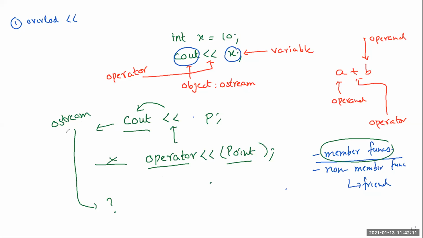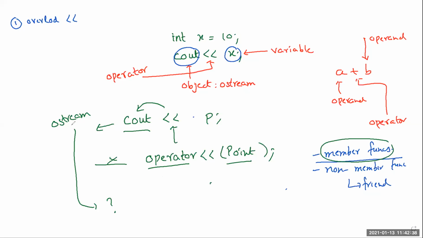When you install the compiler, you get it with the C++ distribution. So you see, it does not make much sense to allow everyone to change the standard classes. It means if someone makes a function in this class, then everyone can add whatever they want to existing classes. So there will be no standard. That is why you are not allowed to change anything in the classes which are already provided